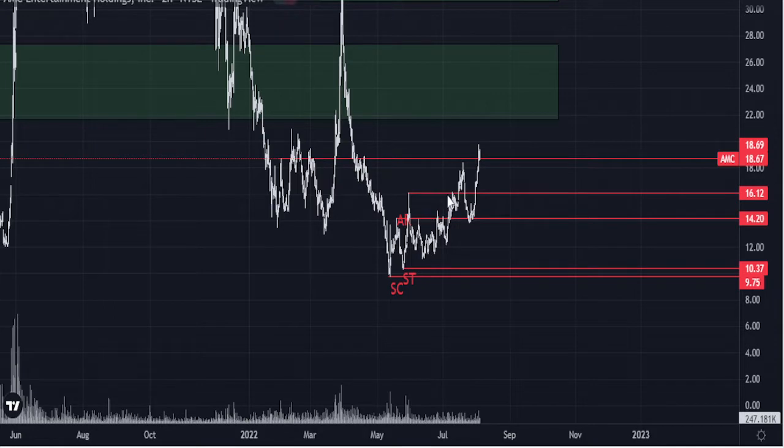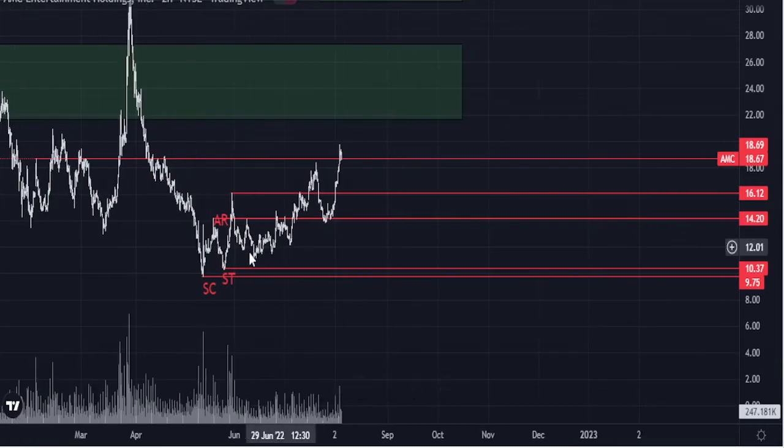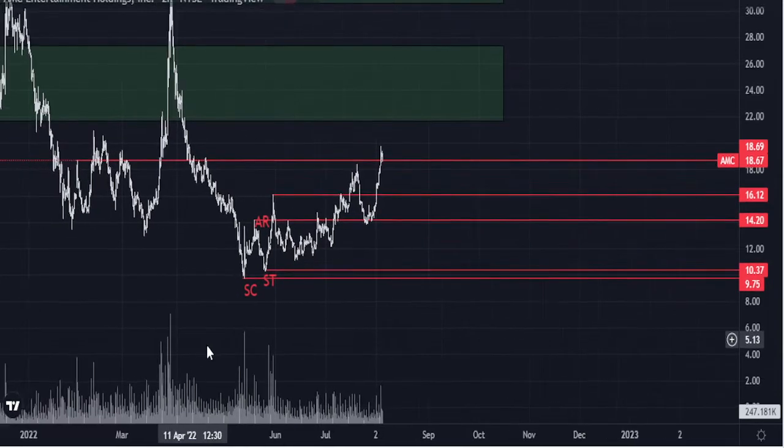AMC, boy. So as soon as we got here, I had marked up the chart to track AMC, and it didn't do anything like I expected it to. It's been on this upward accumulation thing ever since, and I have a few theories that rock around in my head about why it's that way,